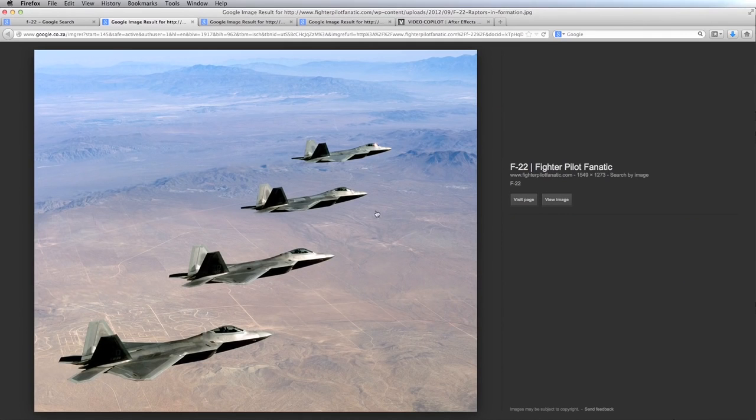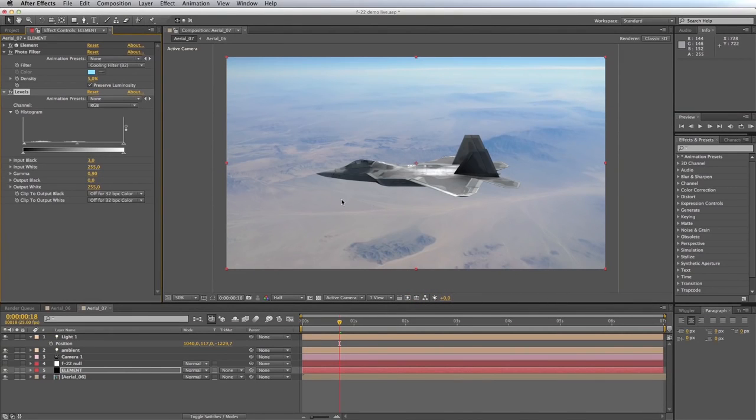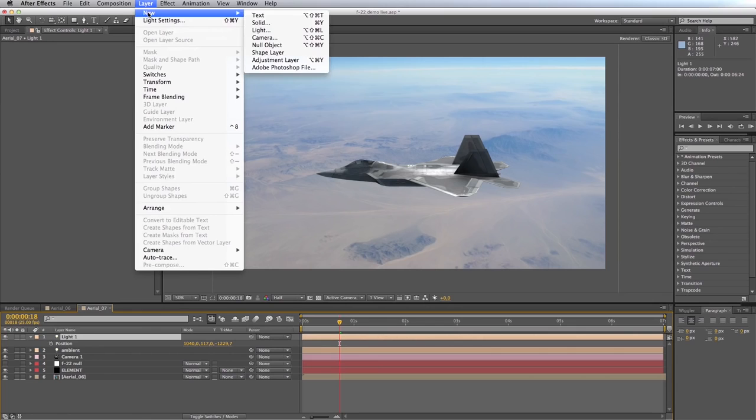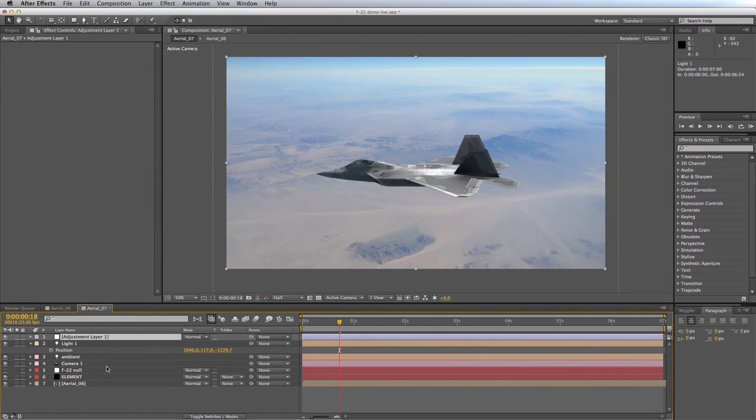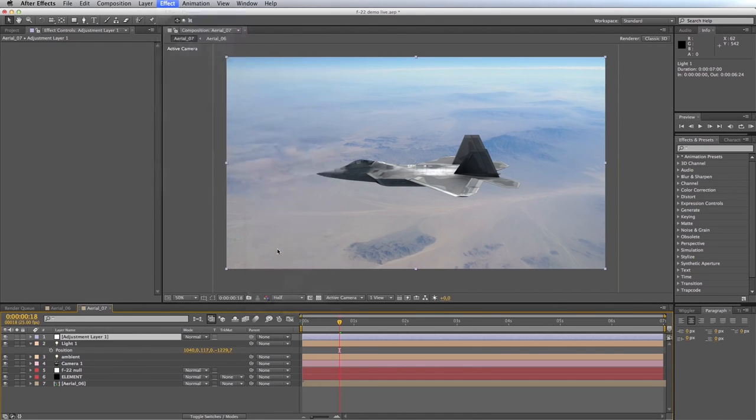So let's say I was happy with that, and this is a good time to start referring back to your reference images. Now, in this reference image, our shadow areas are completely black. If we look at our After Effects comp, we're not quite there yet, but what we'll come and do is we will apply a grade on top of this whole image. So let's go ahead and do that right now. So I'm going to apply layer, new adjustment layer on top of everything, and to this I'm going to apply effect, color correction, levels,